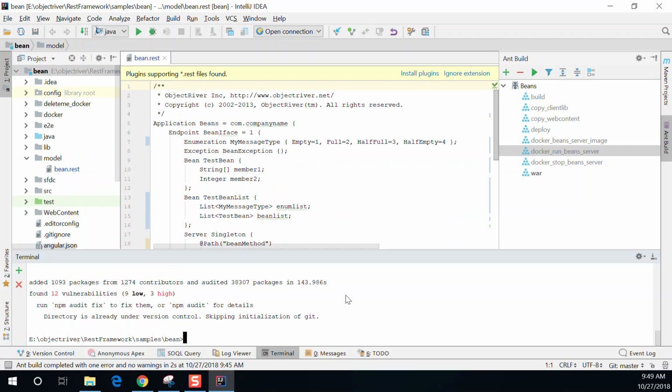Okay, that finished. That ran for like 2 minutes. Pause the video. Loaded like 1,000 node packages, but essentially they forgot one, so we're going to load another one,